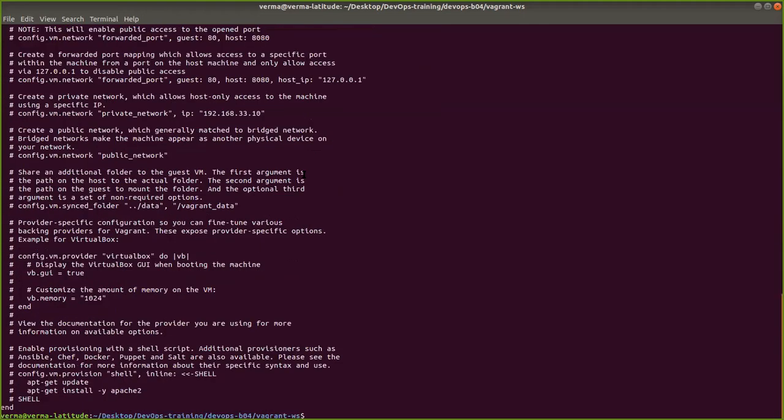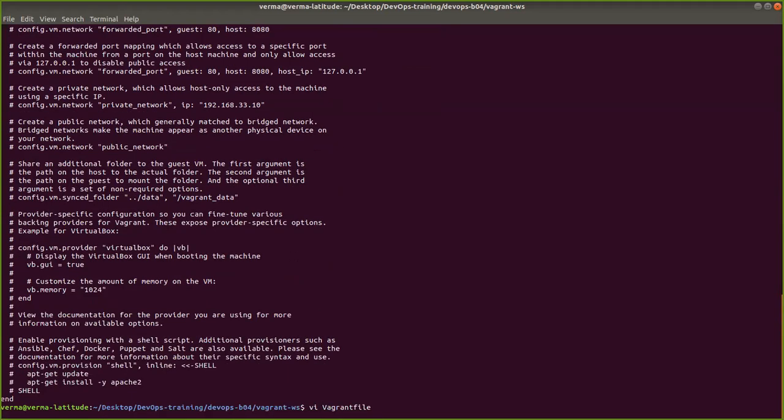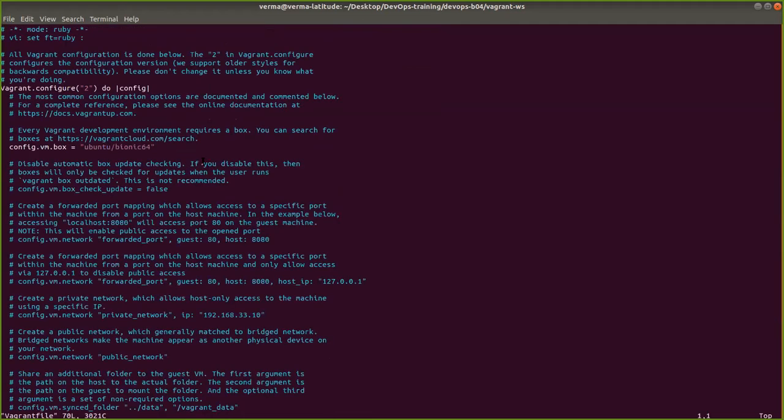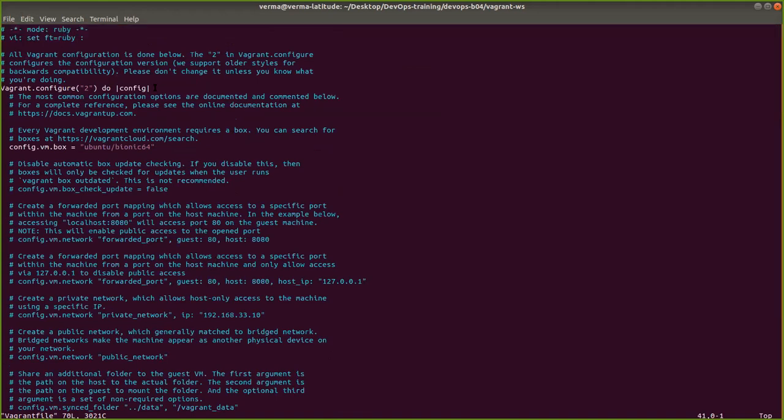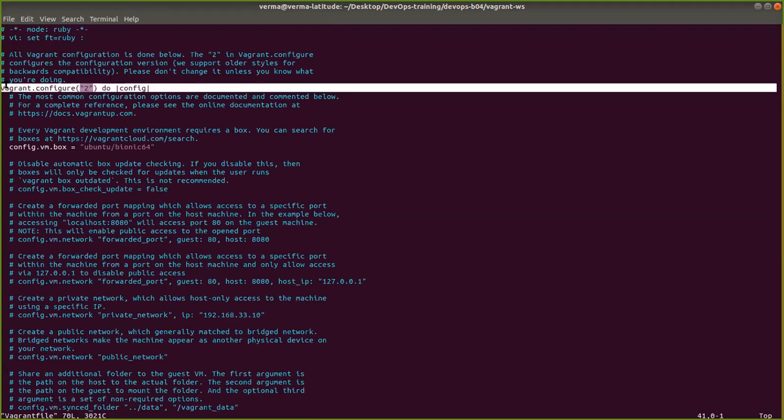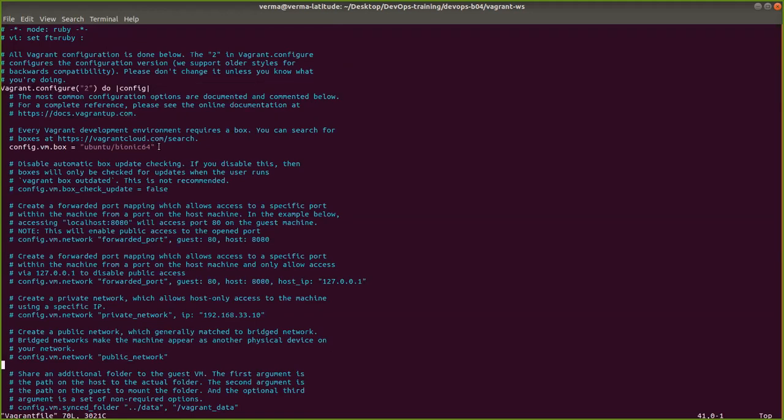And if I open it with the vi editor, which is a Linux editor, then you can see this is the code, written in Ruby. You can see this is one line, Vagrant configure, and this is another line,